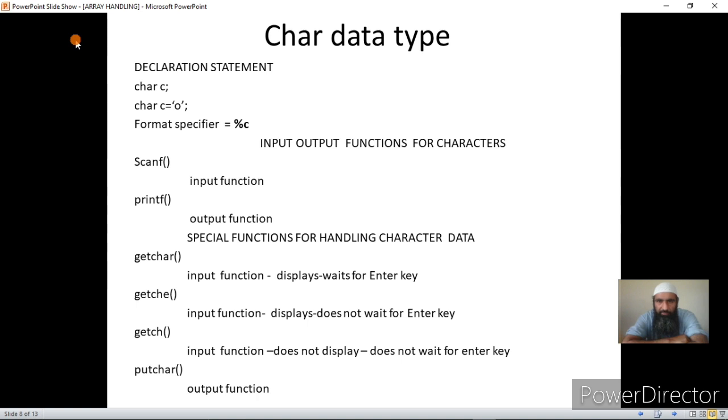The different data types that are supported by C are character, integer, float, and double. So far, we have used only integer data type. Today, we will do some exercises on character data type.